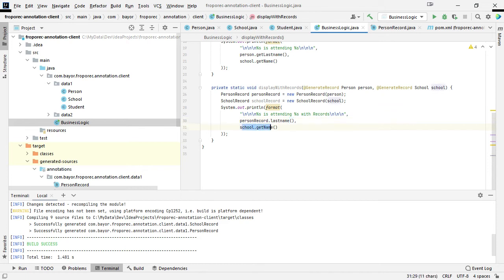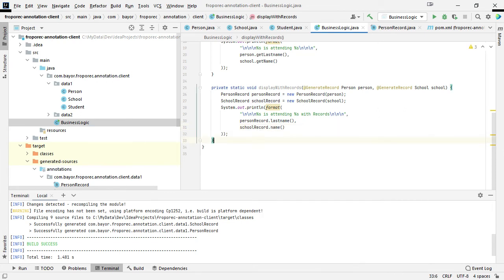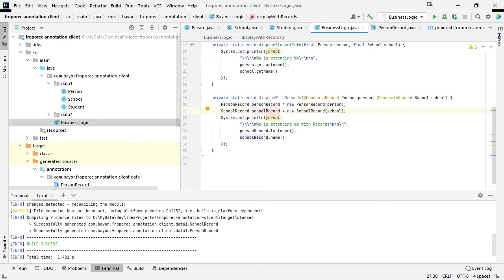And same thing here with the second, yeah, this one here, and you have the name. And that's it. This is how it looks like. Now your record class has been generated, so you just instantiate it by passing in the object you received as parameter. Same thing here, and now you have your record to be used in the rest of the program.